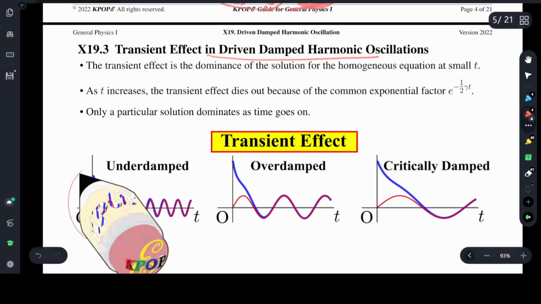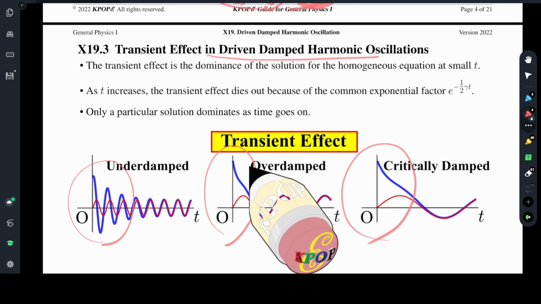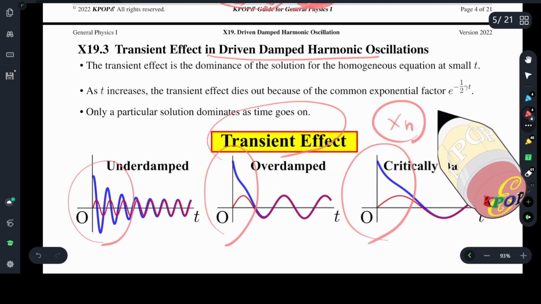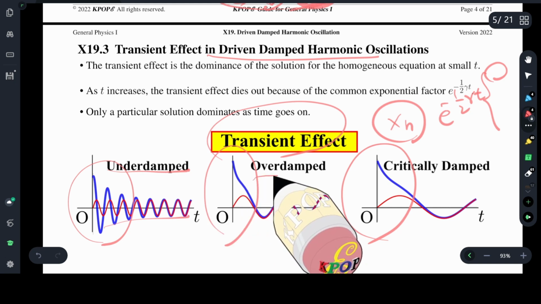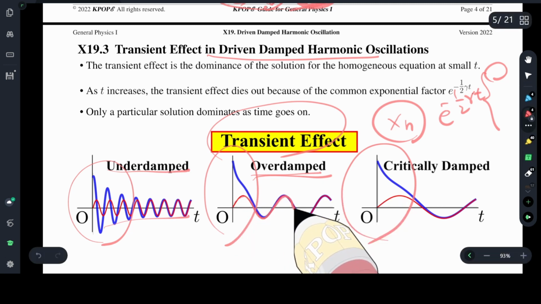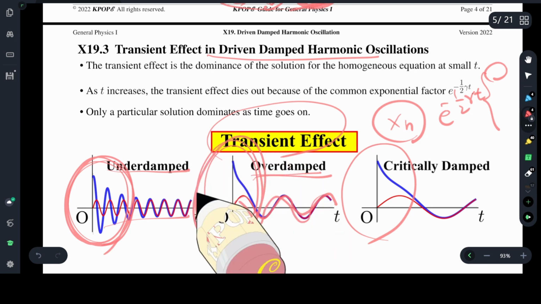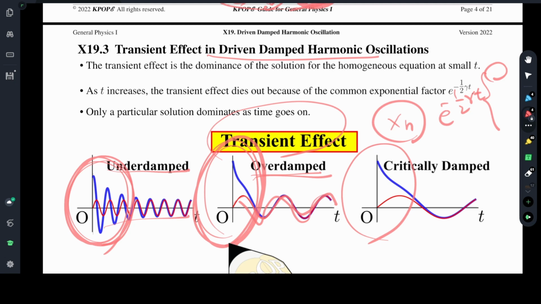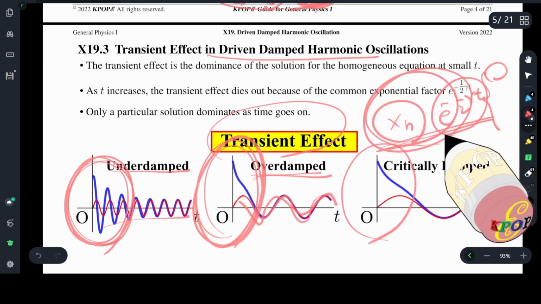And you can see that at relatively small values of t, there is some big difference from the driving force. Why? This is because of the homogeneous equation solution, which has exponential minus one half gamma t, sometimes oscillating in the underdamped case, and in the overdamped case, no oscillation. So after we apply the driving force, there is some big difference between the driving force and the actual solution. But as time goes on, this transient effect coming from the homogeneous equation decays exponentially, and